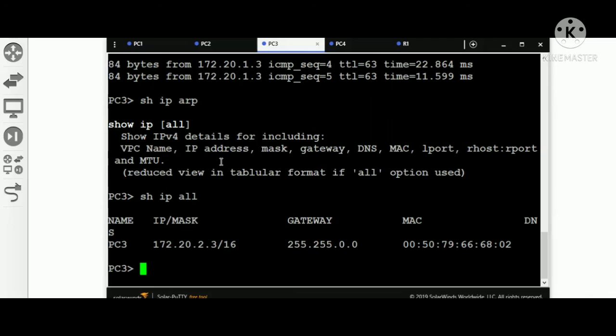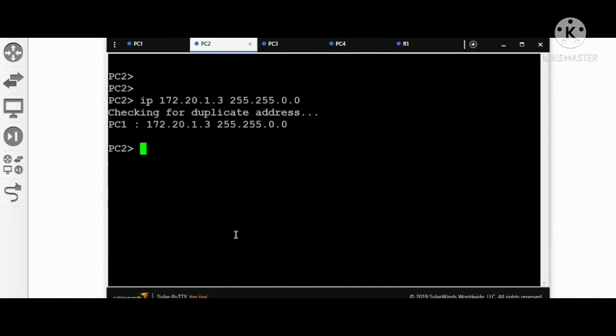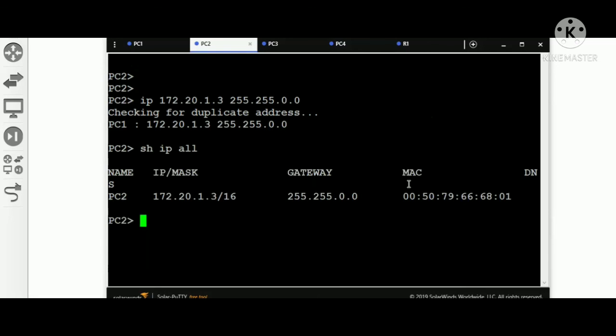It is not working. So okay, let's go to PC2. Show IP ARP. So here you can see the MAC address of PC2, 68:01.